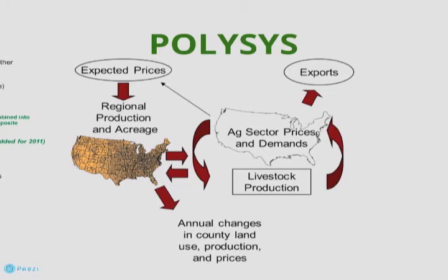So with the University of Tennessee, with Chad Hellwinkle and Danielle Ugarte, we apply PolySys, or Policy Analysis System. It's a linear program that optimizes with profit maximization for the landowner. So in short, we plug in USDA baseline projections, which includes export data, projected demand, and we plug in National Agricultural Statistics Service, the agricultural survey data, and